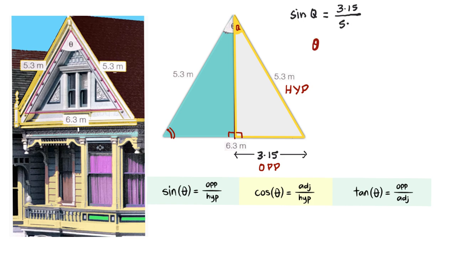To find the angle, we now use what is called the inverse of the sine, which means we write sine with a -1, and that is the angle of sine of 3.15 over